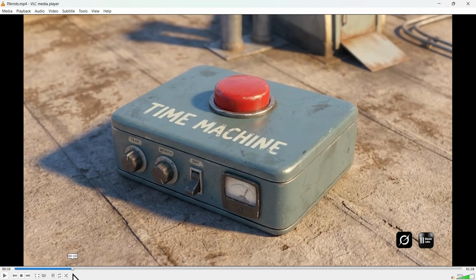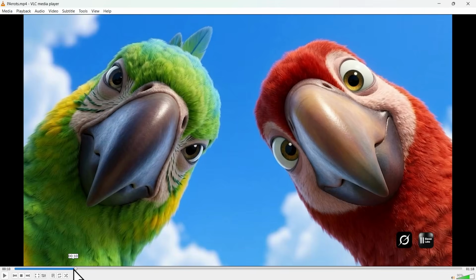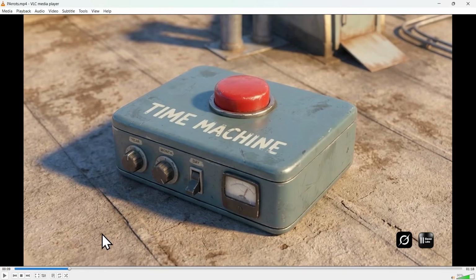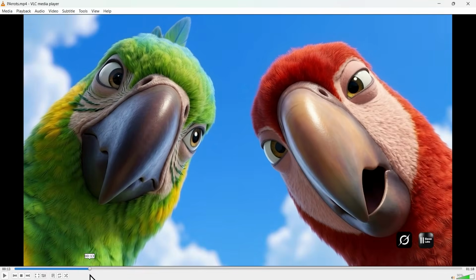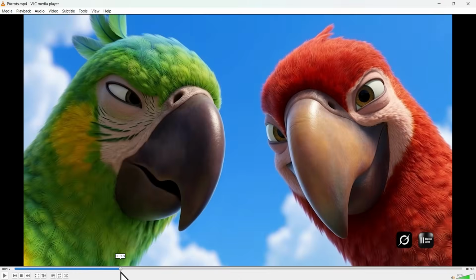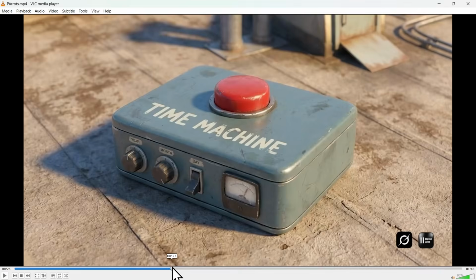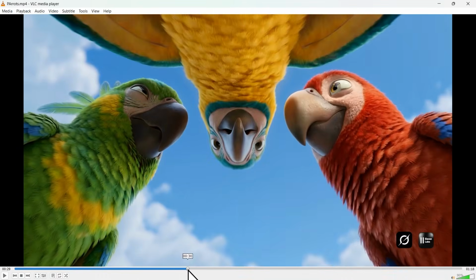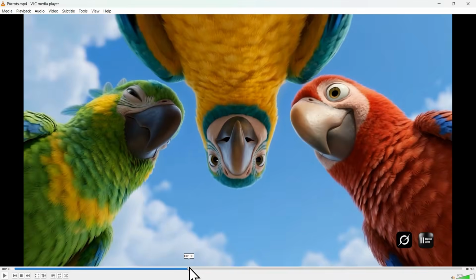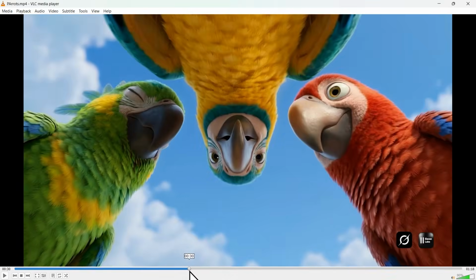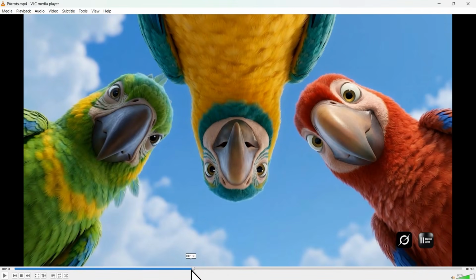So we have the time machine. Of course, we don't have to do this just yet because we already have an image for the time machine. So I'm going to scroll. We still have this shot already, and I'm going to keep scrolling. And over here, we need this shot of this bird coming into the conversation right here. Okay, so